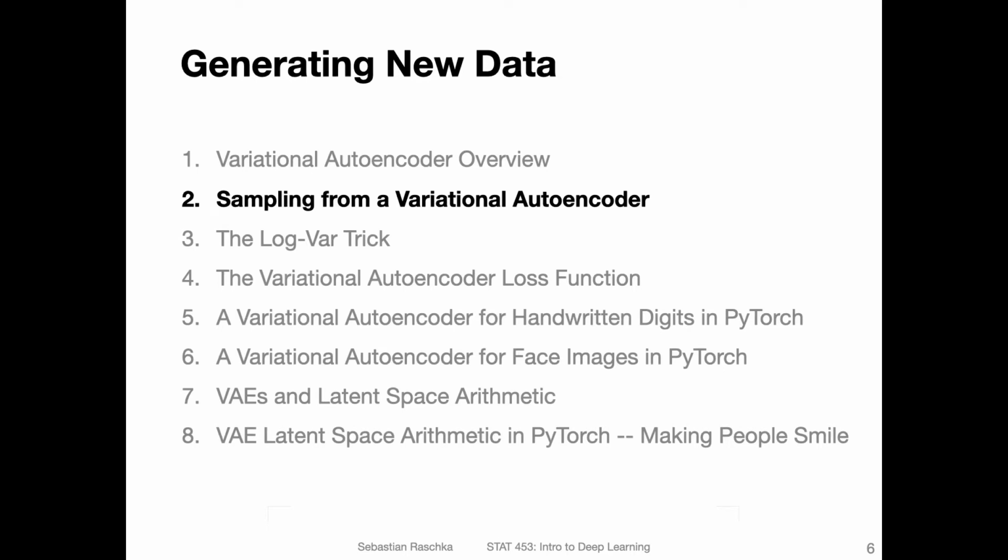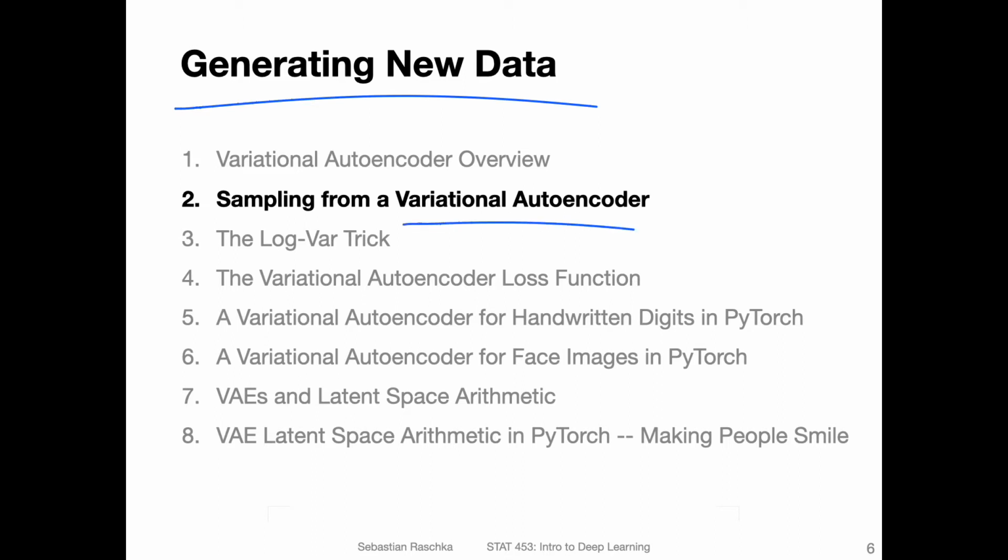Yeah, so in this video, let me try to motivate why it might be better to use a variational autoencoder instead of a regular autoencoder. That is because in the variational autoencoder, we force the latent space distribution to be a standard normal distribution, so it will be easier to sample from. So it will be better for generating new data using a variational autoencoder compared to a regular autoencoder.